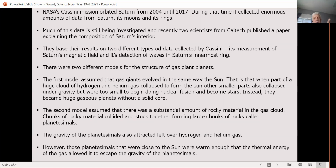In the case of the outer planets, it made these big gas balls that had the possibility to become stars themselves, but there wasn't enough gas there. The resulting gravity of those planets was not enough to start the process of nuclear fusion, and so they ended up just being basically huge balls of gas. So that's one theory, and that says that there's no solid center at all to those planets, that they're just a gigantic ball of gas. The other theory says that there is a solid center, and